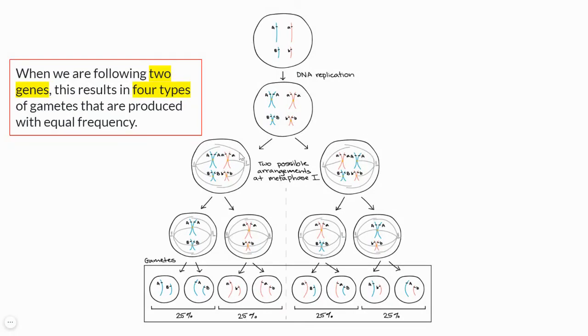okay, and then spindle fibers will attach to the sister chromatids and pull them to opposite poles, or they will arrange like this randomly, and this half of the cell will receive this chromosome and this chromosome, whereas this half of the daughter cell formed from this pole will get one of the blue A genes and one of the pink B genes. Okay, this is purely random, two possibilities at metaphase 1. Then after metaphase 1 is anaphase 1. Here the telophase will happen and the two daughter cells will separate.